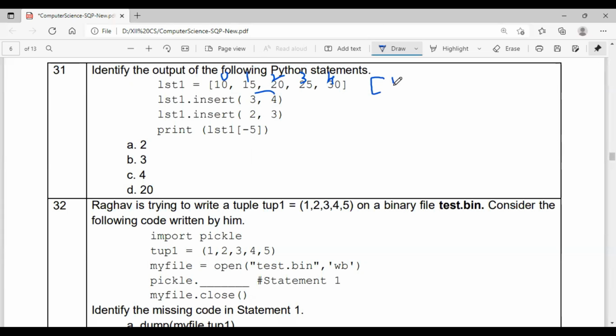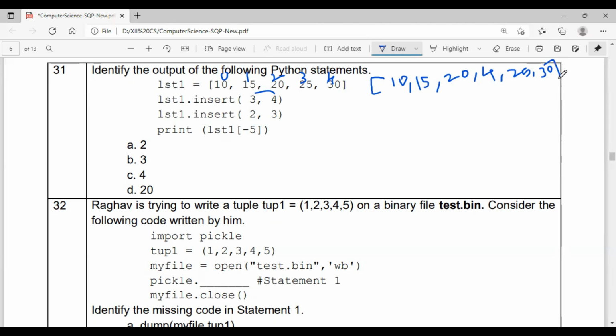So now your new list will be 10, 15, 20, then at the third index 4 is inserted, then 25 is there already, 25 and 30, isn't it? That is for the first insert statement.